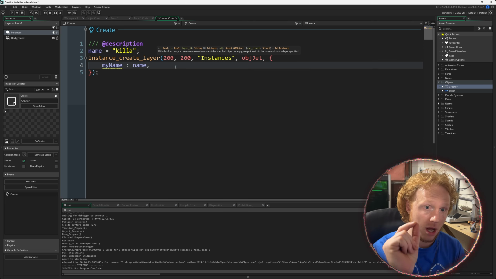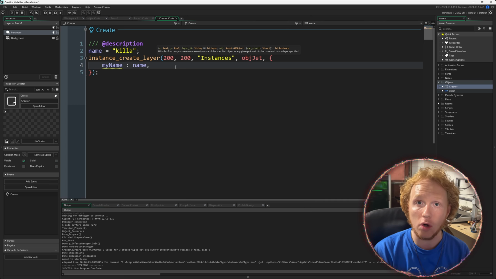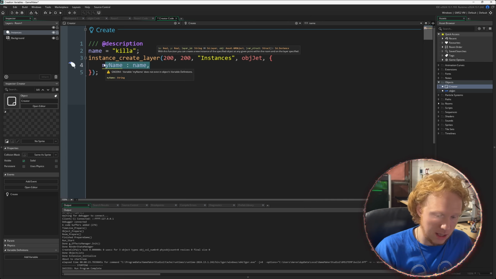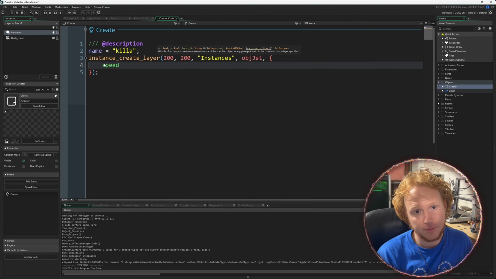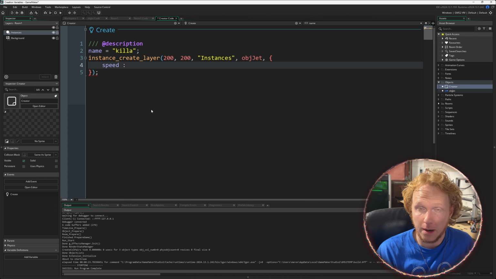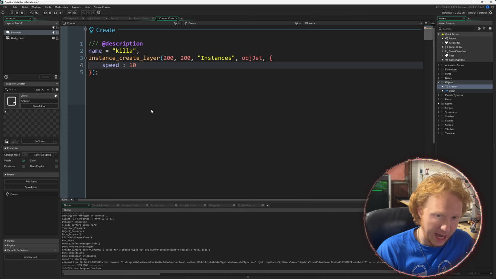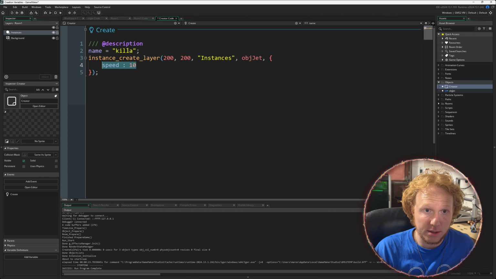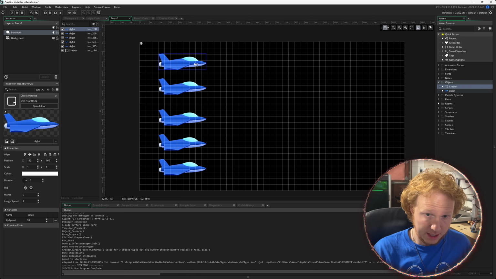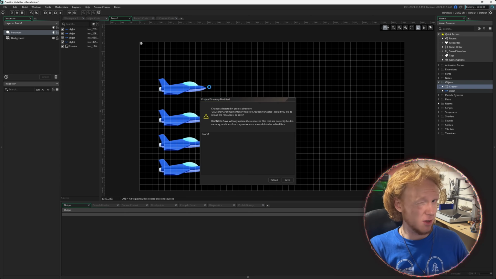Now, the limitation on this is that you cannot alter or edit the built-in variables. So if I wanted to set the speed, well, it looks like you can, but as soon as you actually do the proper syntax, you can't. This is not going to work. So if I come in and I place this here, and I'll delete this guy because that one's really close to where we're making the other,